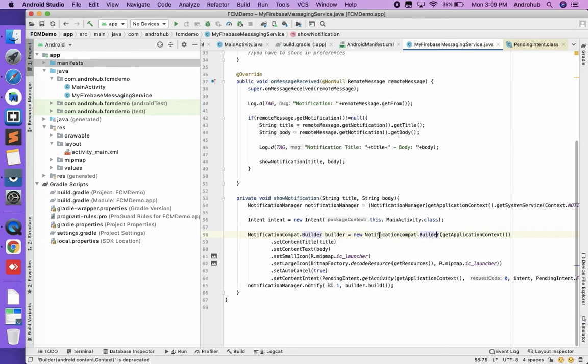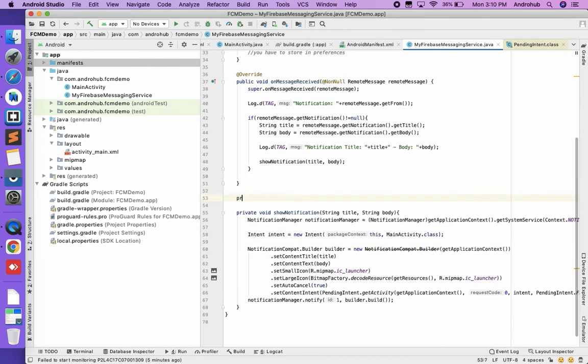So that means if the user has disabled the promotional channel, the user will still be able to receive the order updates. But if you combine both the promotional and the order updates into a single notification channel, then if the user disables that particular channel, they will not be able to receive any other kind of notification. So you should decide how you are going to segregate your notifications using the notification channels. So let's create the notification channel.